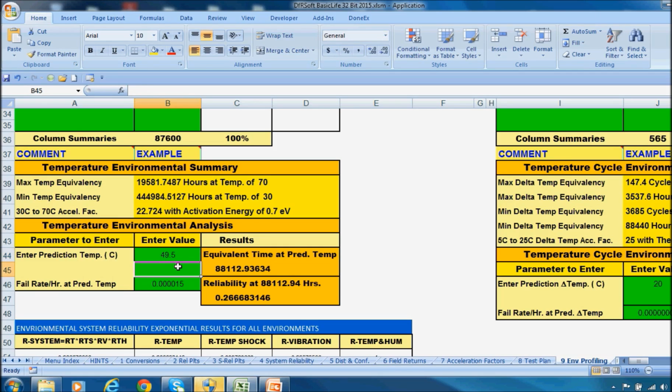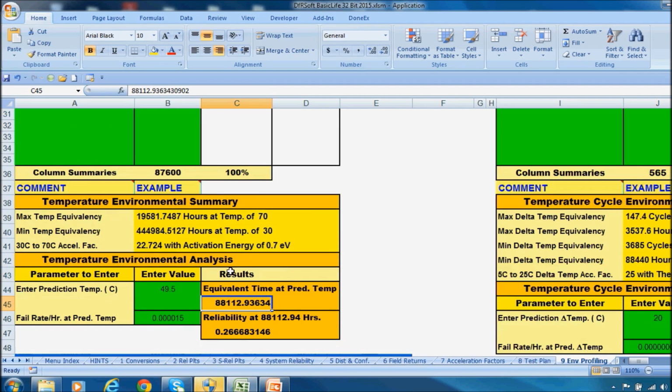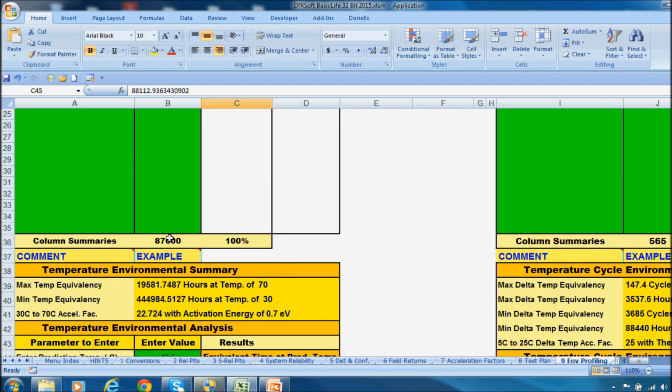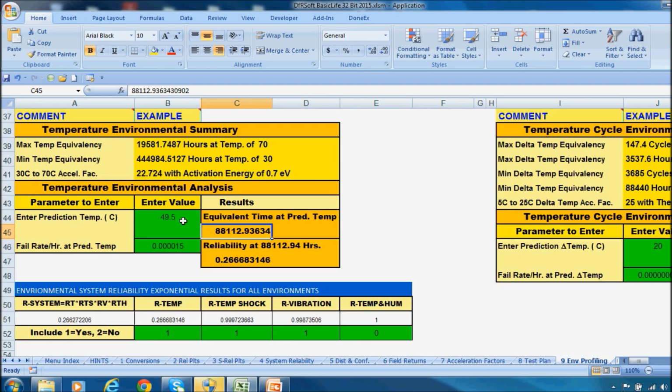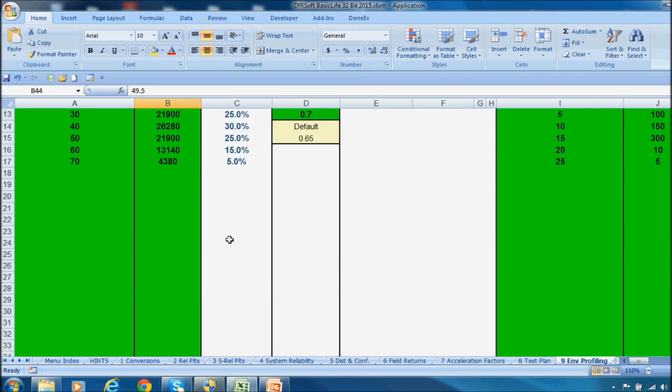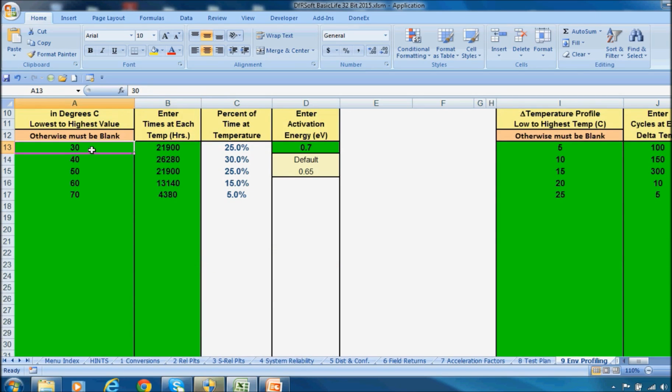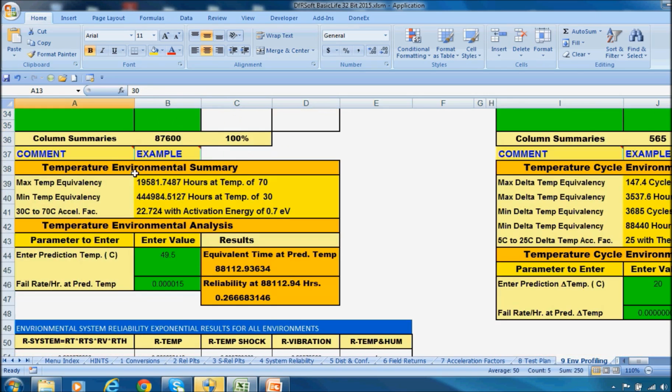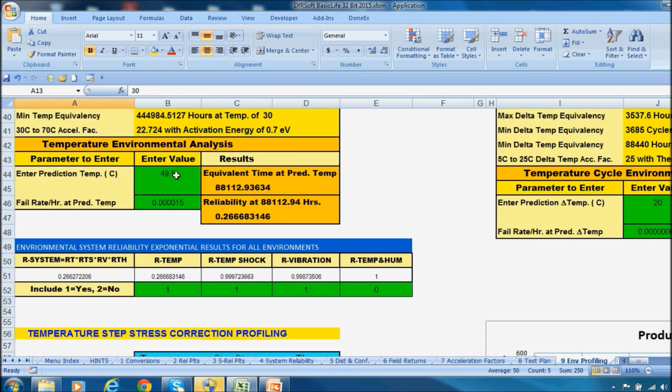I press return, and it says that's to within a half a degree. I happen to know that this is the closest equivalent to 10 years. 49.5 degrees is the closest to 87,600 hours. So we're going to say that our use temperature is 49.5. That means the whole profile of all those temperatures, for the 10-year equivalency, is 49.5 degrees, which would be equivalent to 10 years